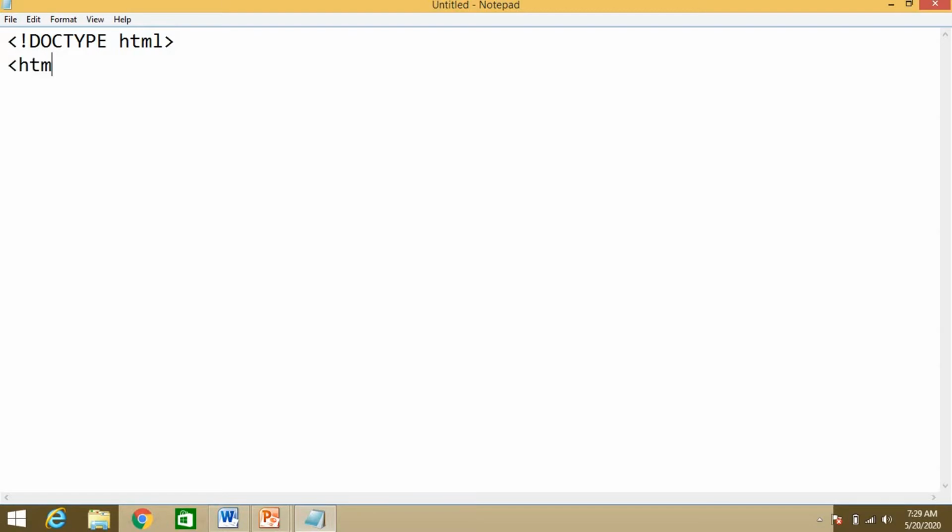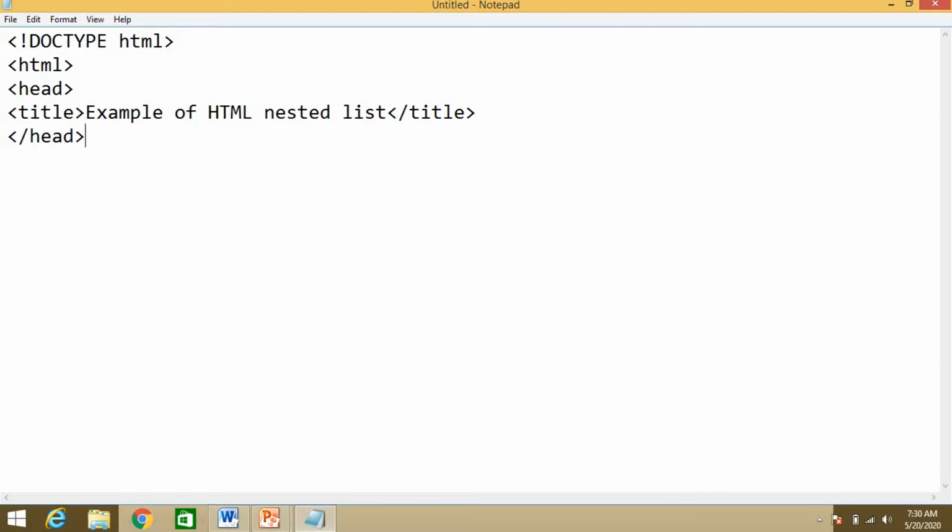Then html and then head. After that title. You can write anything, for example, HTML nested list. Just close this title tag. After that, close this head tag also. Now in the body tag,